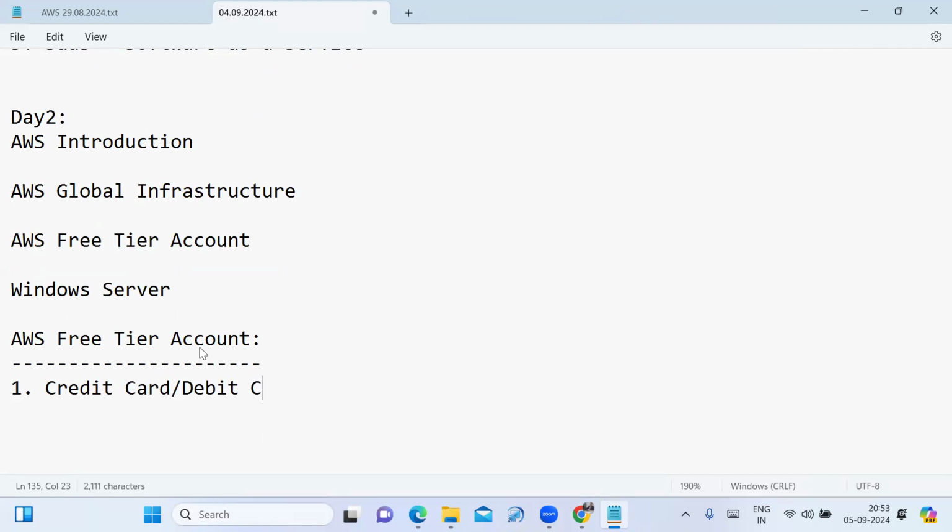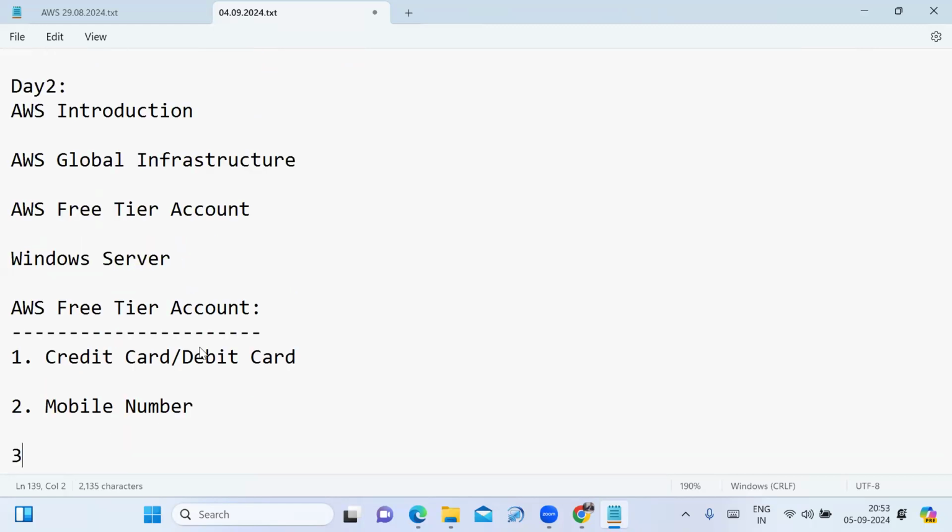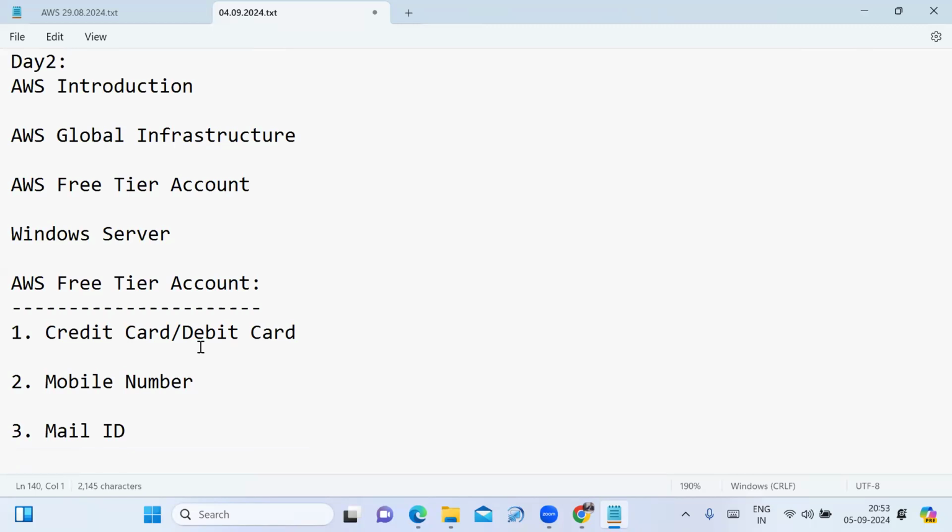Second is your mobile number, a bank linked mobile number is preferred. And third is your personal mail ID.